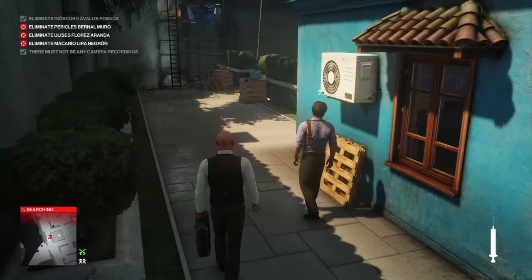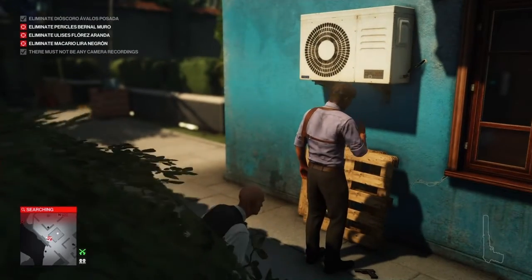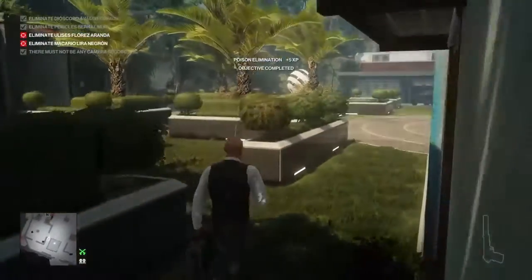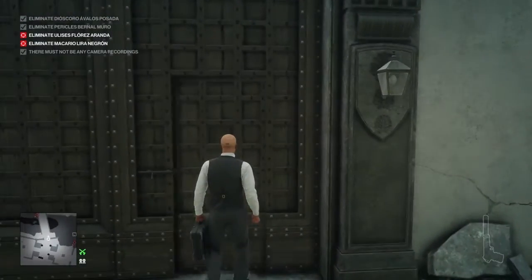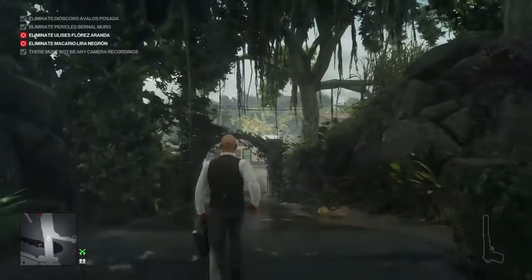So once our target comes out of the security room to investigate, we can get behind him, jab him with our needle and leave. You'll notice I'm not really hanging around for the kills here. I am trying to get through this one rather quickly. So we're going to make our way straight out the front of the mansion, and we are now heading for